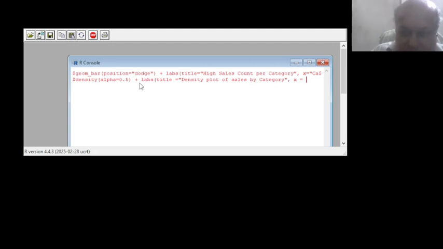Label of x is cells and label for y is density. Okay, and then we'll have to apply the theme, which is theme minimal. Okay,